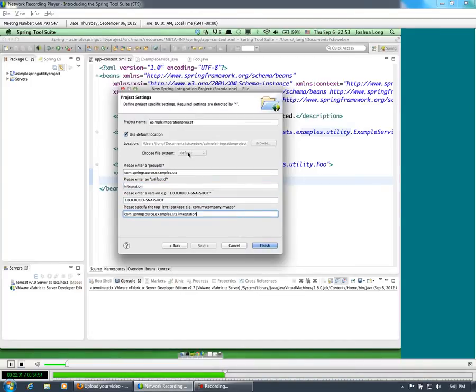Specify integration for that. Specify a default package and a Maven group ID and artifact ID, and then I can